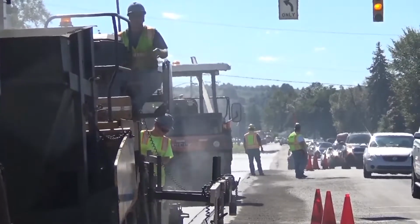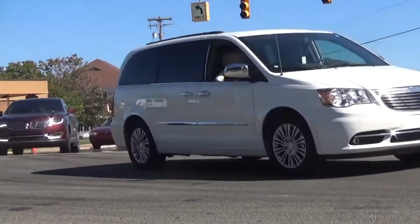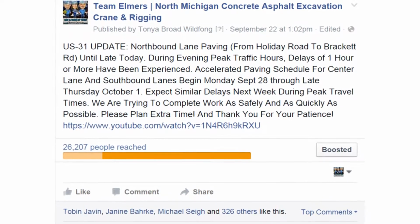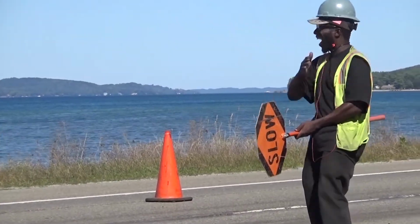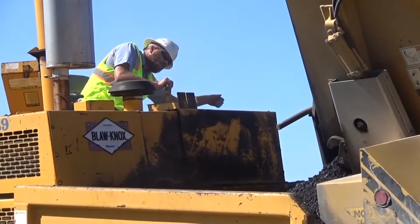The problem with that is because it's so much quicker, traffic control doesn't have a chance to really catch up to itself. You see a lot of different shifts and changes and a lot of different things that people aren't used to seeing on a day-to-day basis. Every day it changes, so no one can really plan for it. So I tried to get the word out that there were going to be some increased delays as a part of this work, but the good thing is overall it really decreases the length of time that the area is disturbed or tore up. Fortunately, Team Elmer's crews were able to complete the project over 26 days ahead of schedule,